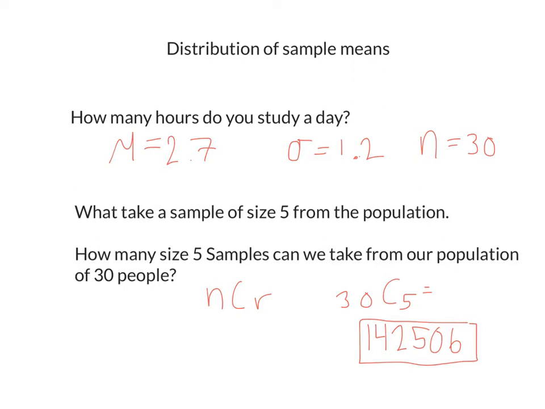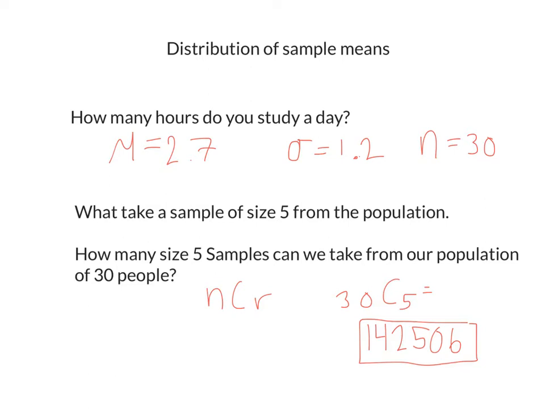So what we're going to take a look at in this section is finding the distribution of the sample mean, so the mean of all of the sample means. Instead of having 30 data values of a population, we have 142,506 different data values from the samples. And what that ends up doing is it will create